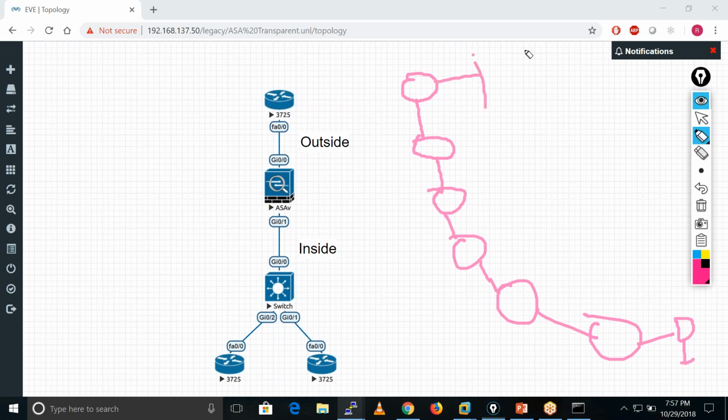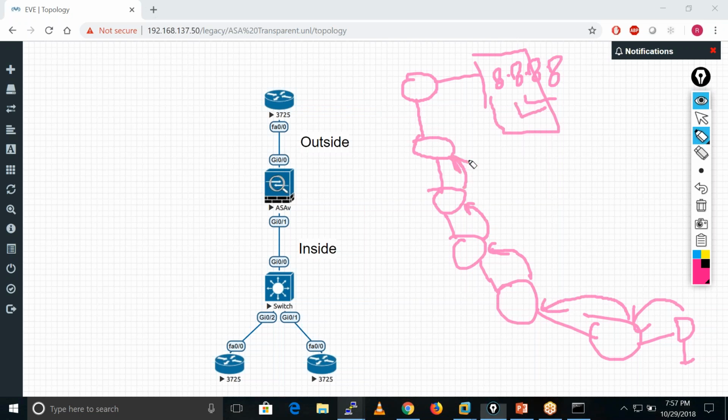And we have one server here having IP address 8.8.8.8. If we want to check the reachability, whether this particular server is reachable or not, this router forwards the request towards this one, forwards it towards this one, and so on. That is the hop-by-hop communication.